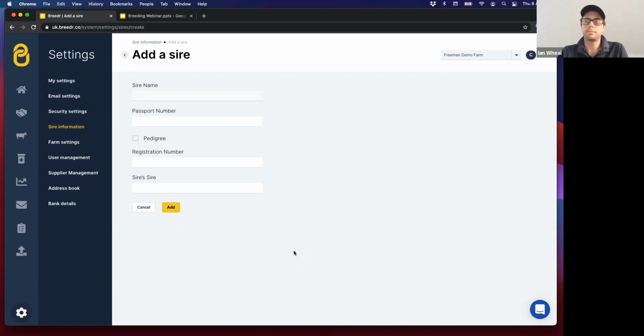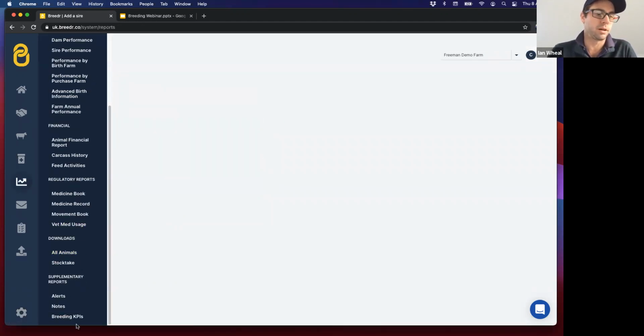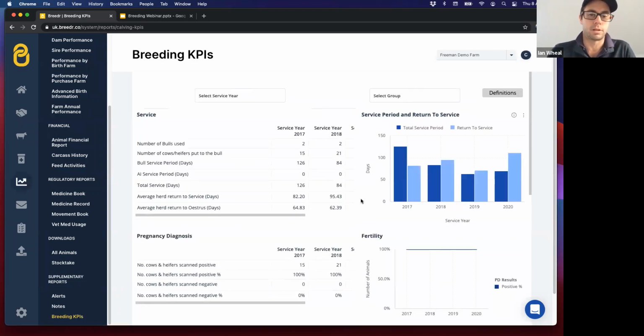Great. Guys, so hopefully that gives you a quick introduction. I think the next bit is putting the sires out, introducing sires into the groups. So being able to select the groups, select all the animals in a field and add and introduce sires into that. And then the bulling activities as well, you'll be able to select individual cows and log those bulling activities, which will generate the alerts that Chris was talking about. So that's obviously the stuff for those of you who have finished calving. Obviously for a number of people still calving, and some we know calving right up to the middle of the year. So